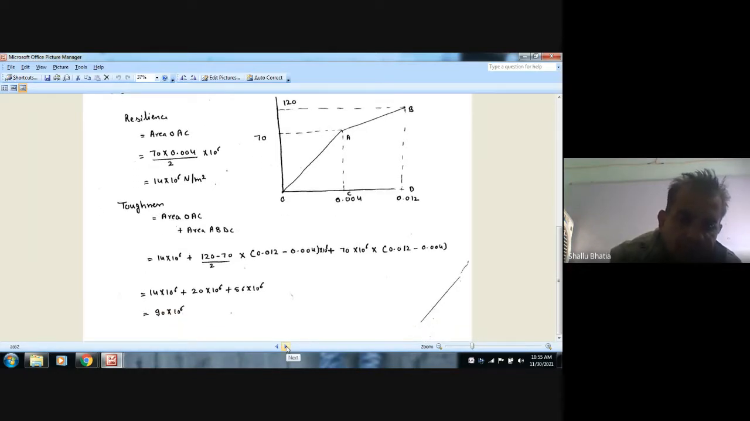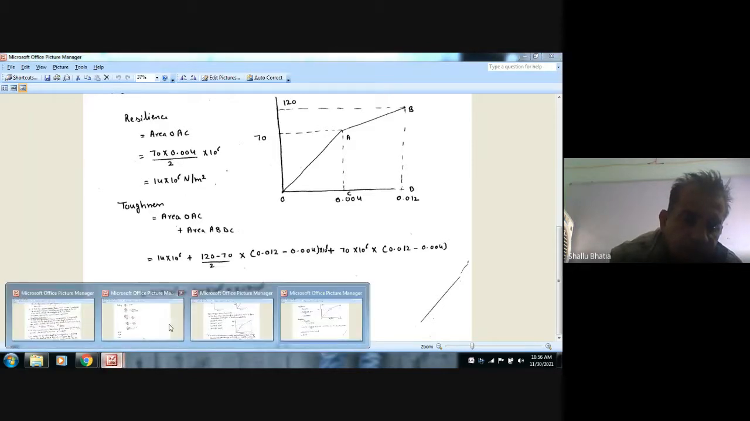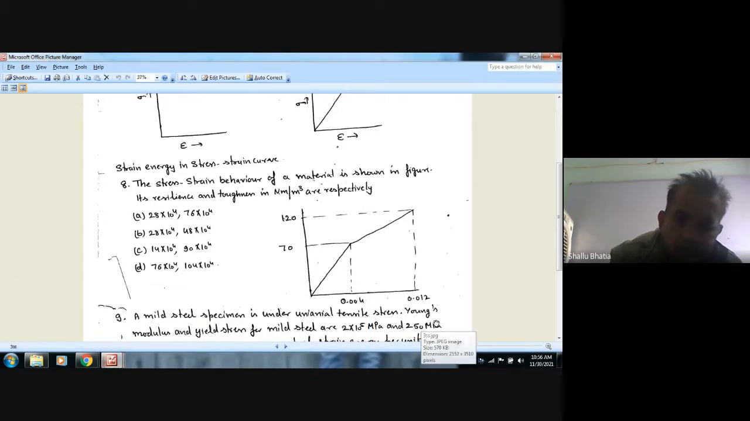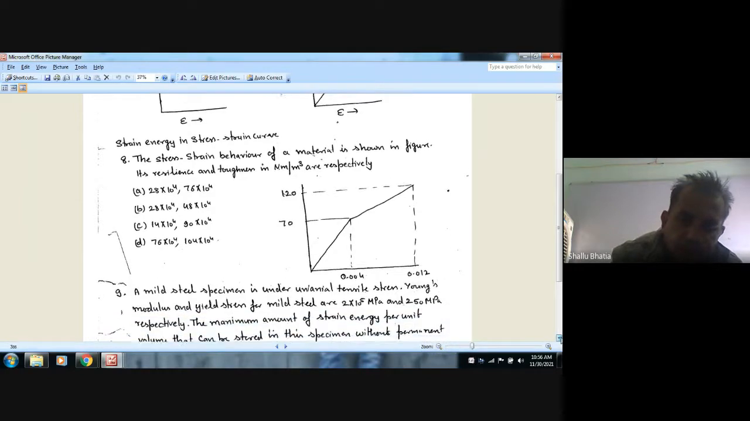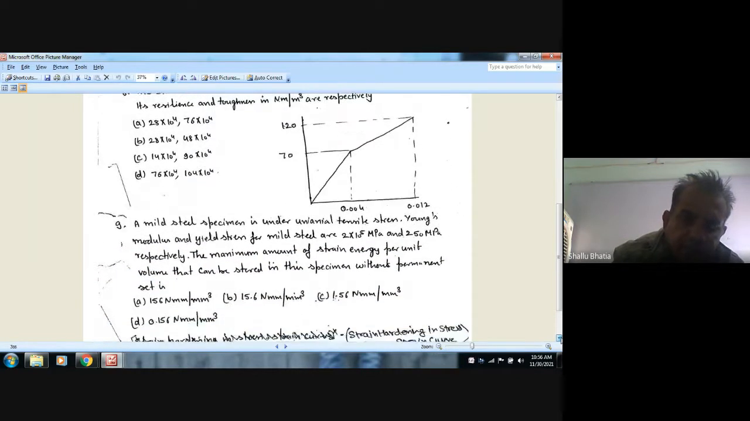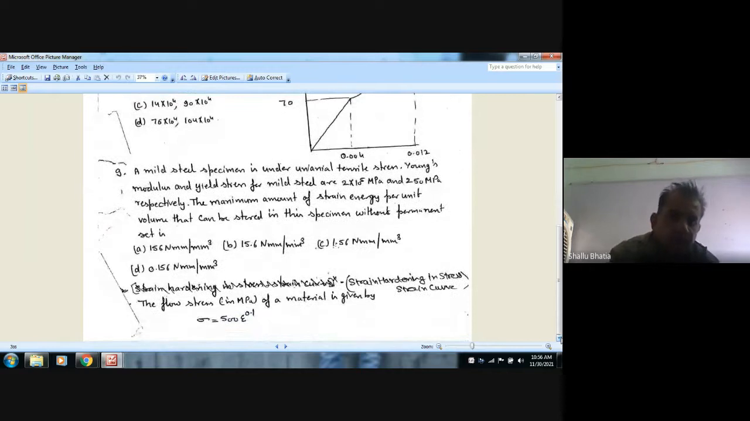Okay, so the next question is, a mild steel specimen is under uniaxial stress. The Young's modulus and yield stress for the mild steel are 2 into 10 to the power 5 MPa and 250 MPa respectively. The maximum amount of strain energy per unit volume that can be stored in this specimen without permanent set is,